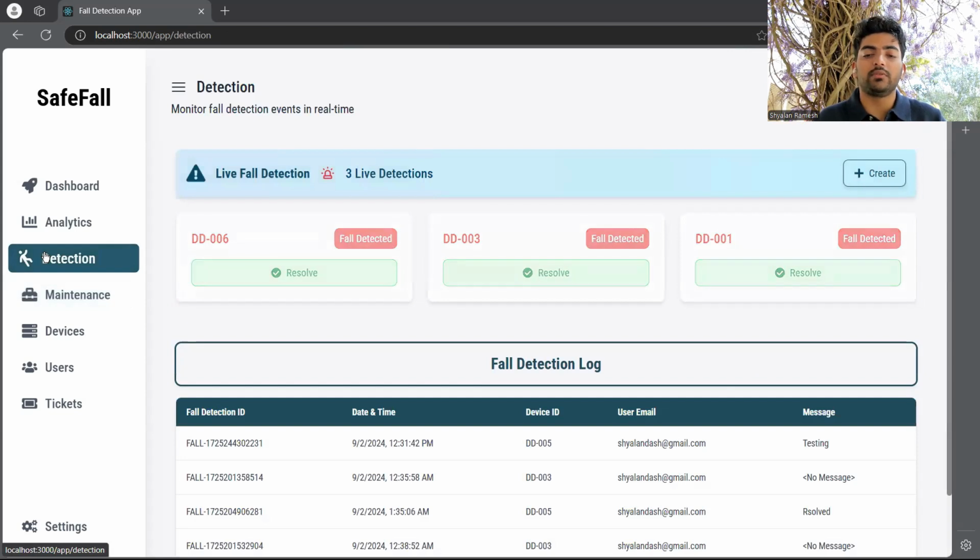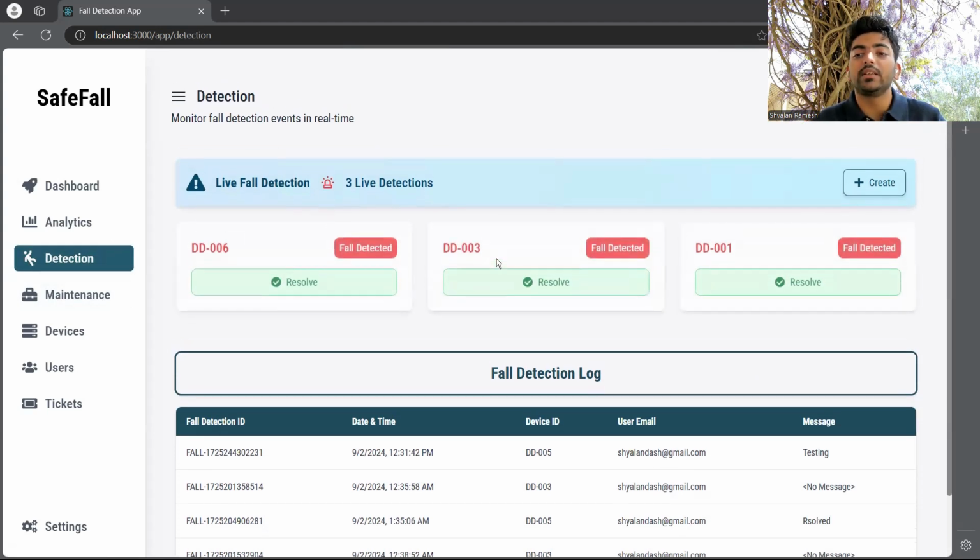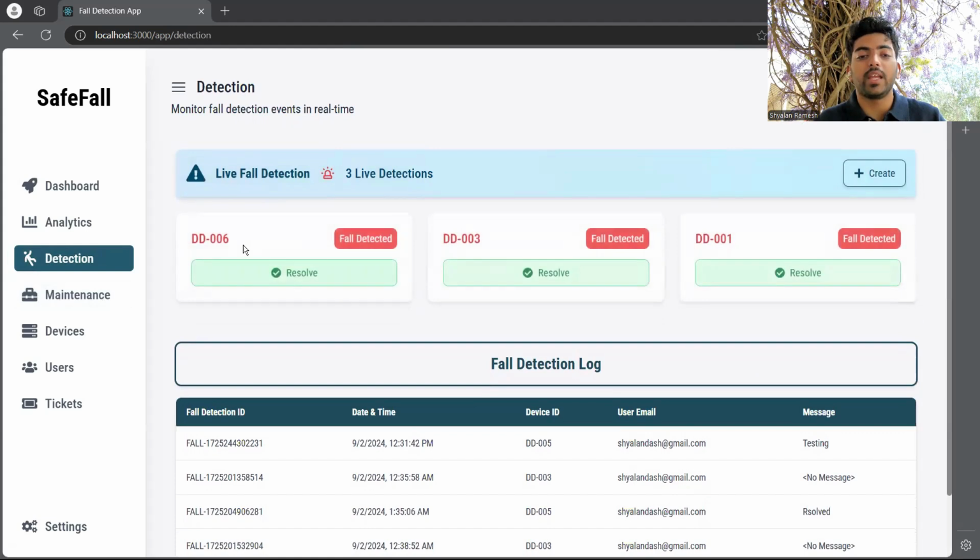Then moving on to detection, which is the main aspect of this website on the admin panel. Whenever a device detects a live fall on the admin panel, it immediately has this setup showing, hey, this DDS detected a live fall. For now, because we're in testing, we have allowed the option to create live falls on the admin side, but in future sprints, this will be rolled out so that you cannot create live fall detections